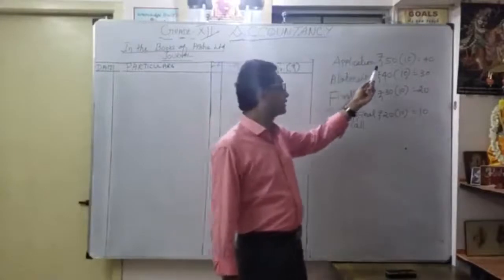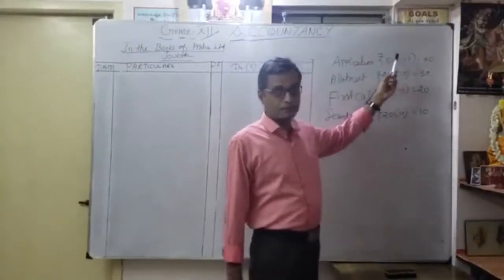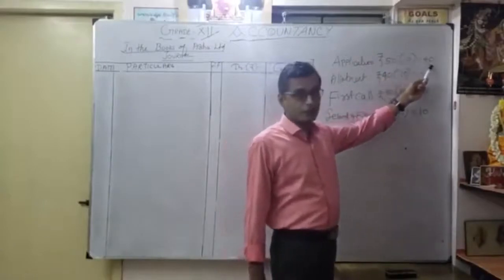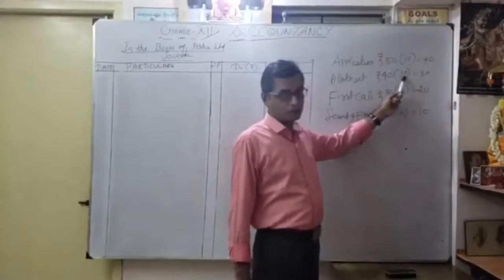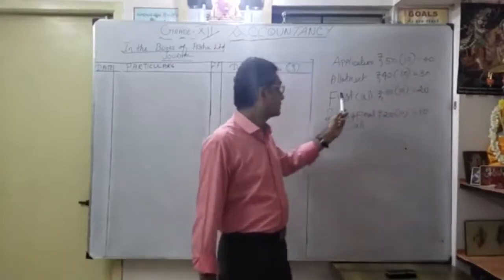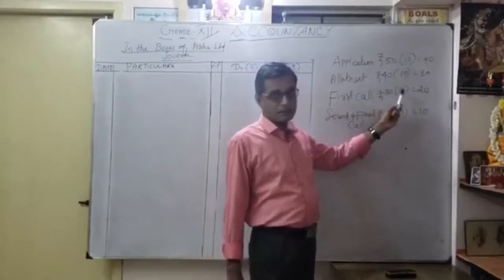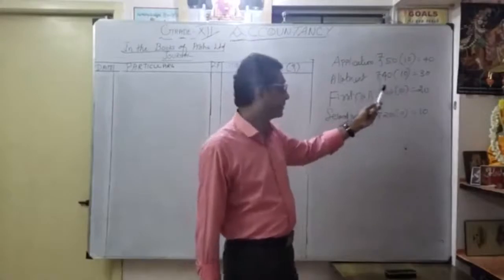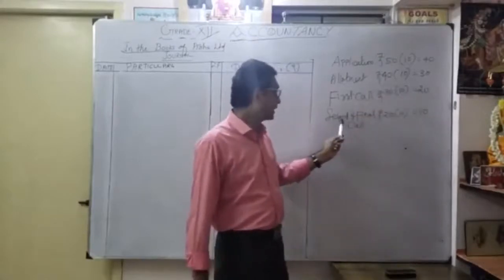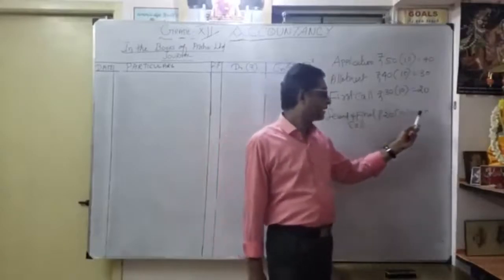So what is the application value? 50 rupees. The bracket 10 rupees. That means what? That is the premium. Okay, so here 40. Then allotment 40 rupees. So bracket 10 rupees premium. So 30. Thereafter first call 30 rupees. Okay, so within the bracket 10 rupees is security premium. Okay. Premium, issue by premium, 40%, 140. So 20. Then second and final call, 20. So within the bracket 10 rupees. So the exact amount is 10.